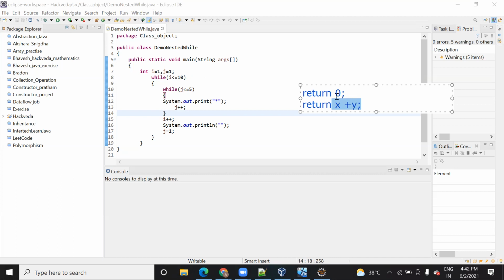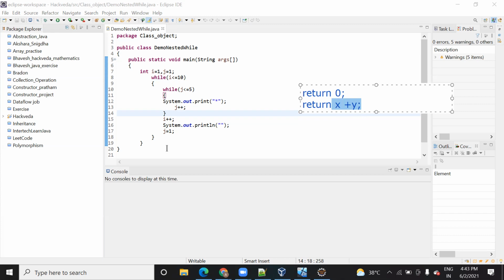It is usually asked in the GATE exam also, why we write return 0. You can write anything in place of 0, like 1, 2, 3, 4, anything. Usually people write 0 because you don't have to return anything. But when you write return x plus y, it means it will perform addition of x and y and take the flow of the program back to the method, so that when you call the method again... you might have knowledge about function calling and function declaration.